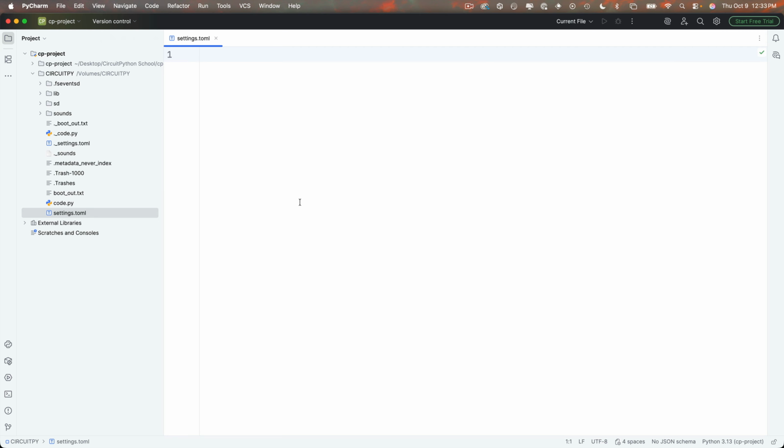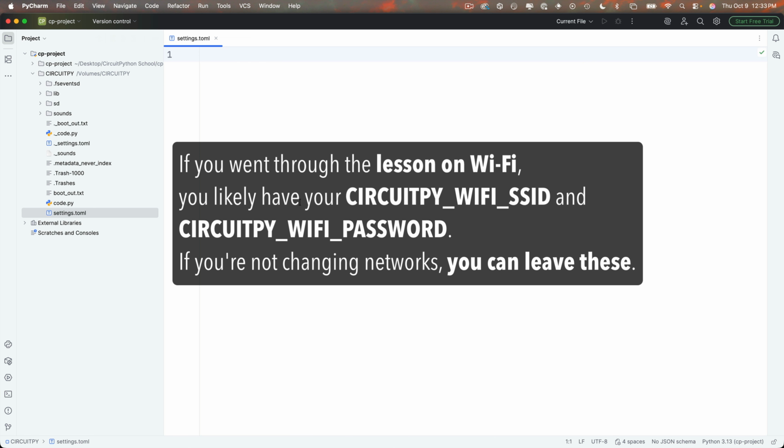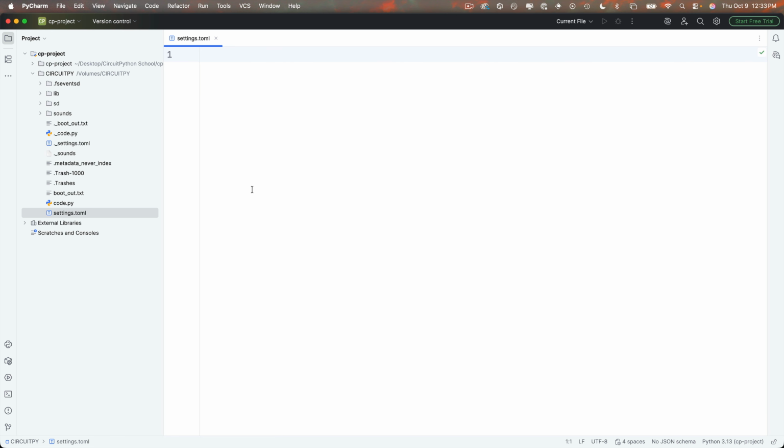My students, if you have something in here that's just from a prior student in this course, you can highlight all of the data in here and delete it, and you can start from scratch too. Now you can also put comments in your settings.toml file using the hashtag character, just like in Python. And as a reminder to my students, I'm going to enter a comment that says, BC students, make sure your